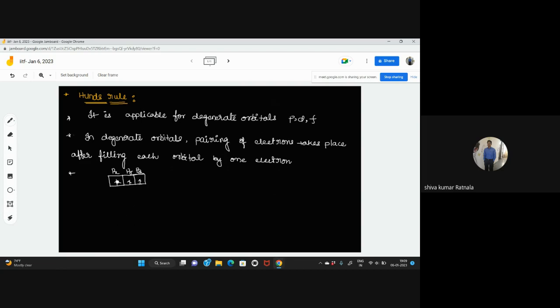Then we need to start pairing. That means in p orbitals, the pairing of electrons takes place